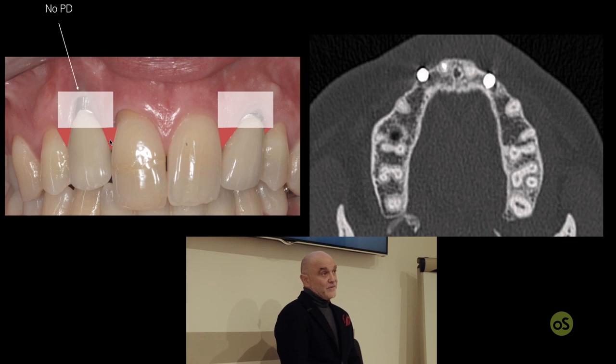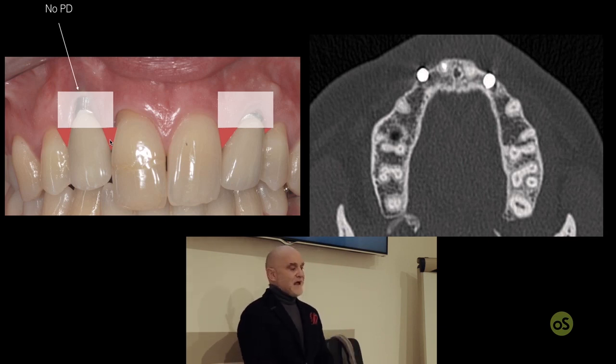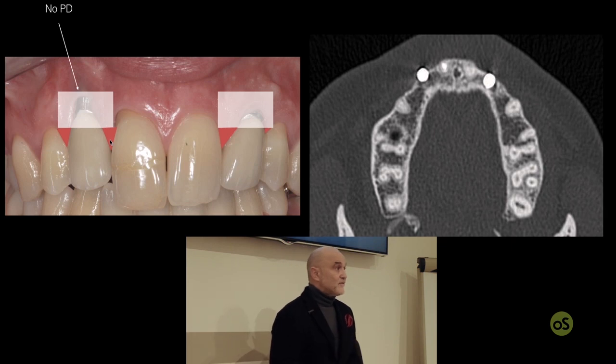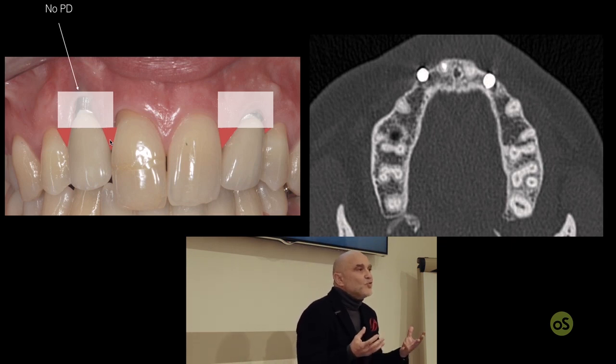Zero. So this is why, if you try to cover an implant-supported crown as it is with the bilaminar technique, you are going to fail. You are going to fail. Why? Because there is no good papilla enough for giving stability to your coronally advanced flap that should cover the